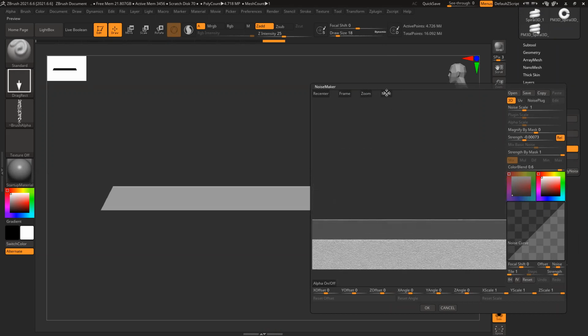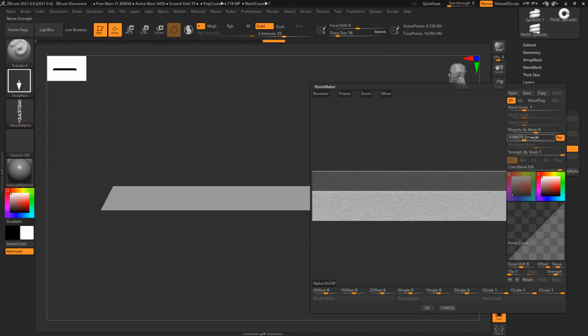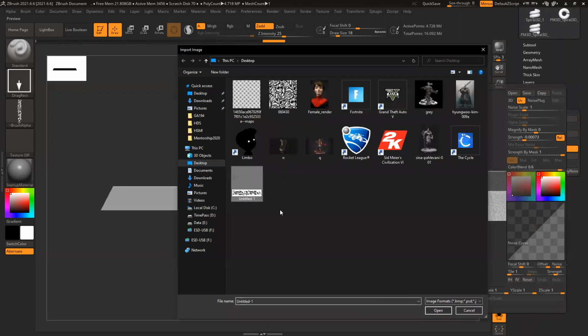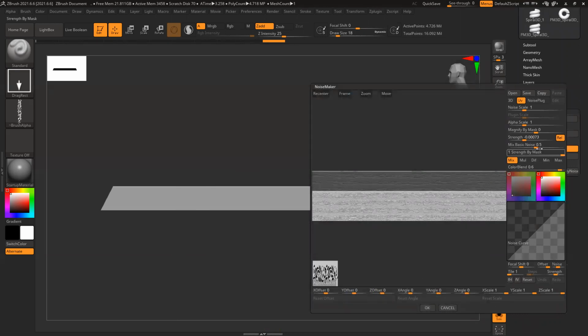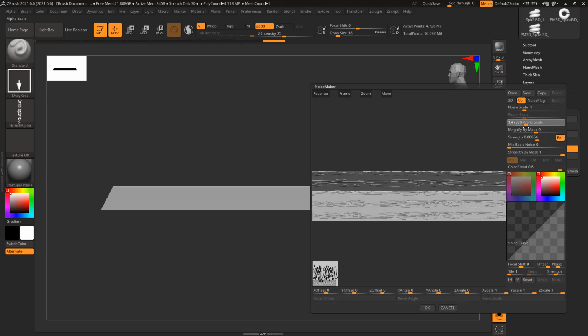Zoom. So base UV, switch to the UV mode, go and import the alpha, this one, and base, I don't want anything, stretch, strength I can control, scale, one. Oh, it won't, okay, my mistake.